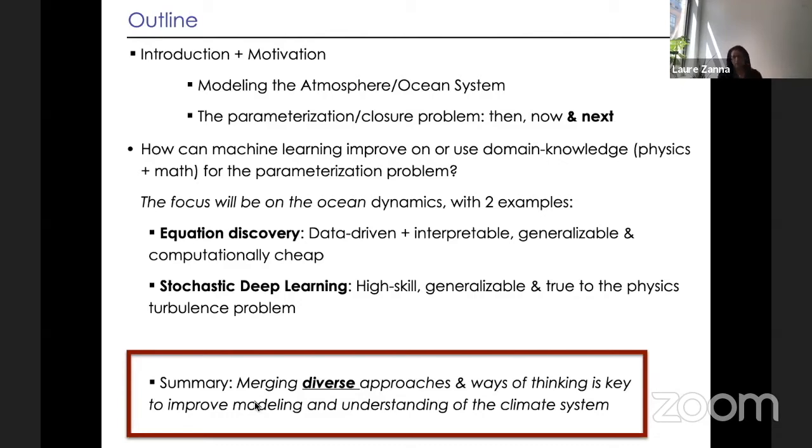And I'm saying that because I was trained as a dynamicist, not as a machine learning person. And a lot of people on the dynamics side don't like machine learning because they think it's a black box. But I think it can teach us a lot of things we didn't know before. And so keeping an open mind, I think, is important.